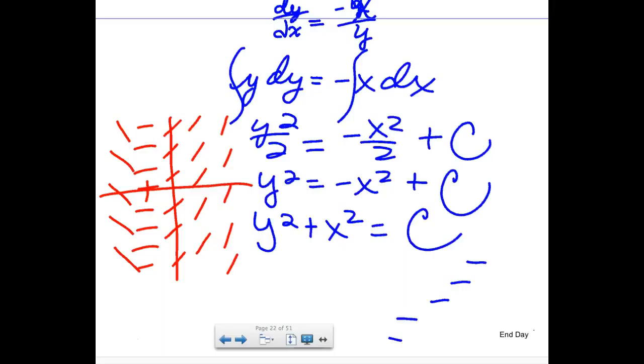So juniors, if you would like to grab one of these, you can. Do the seniors